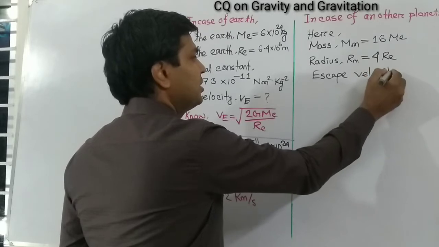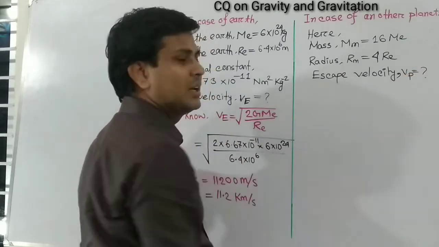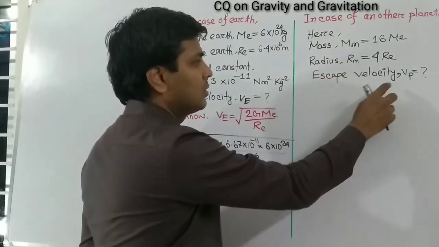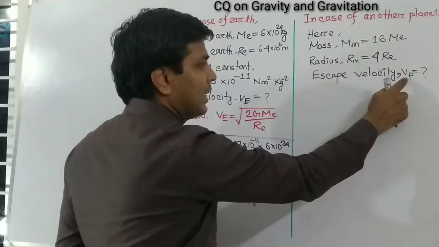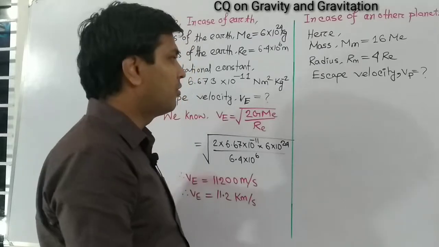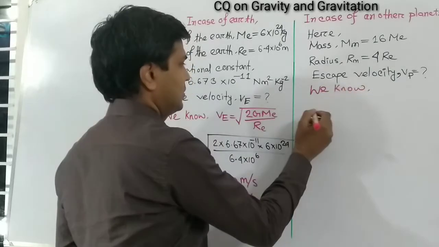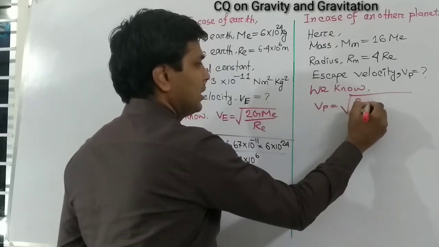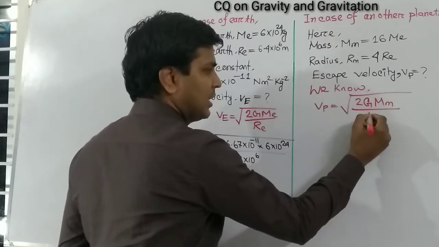Escape velocity Vp equals to what? Here V for escape velocity, and we are going to calculate for another planet. So we write here Vp, and we know the formula to calculate the escape velocity is Vp equals to root over 2 capital G mm divided by Rm,